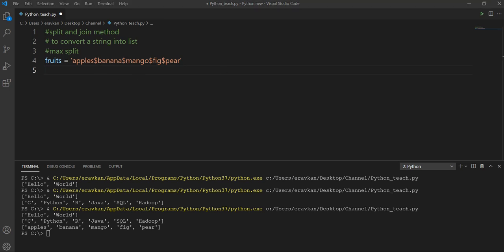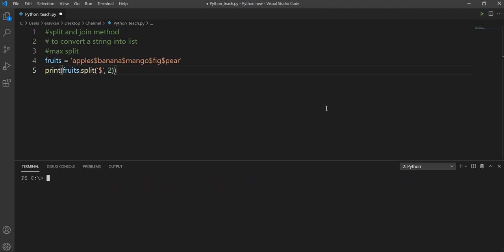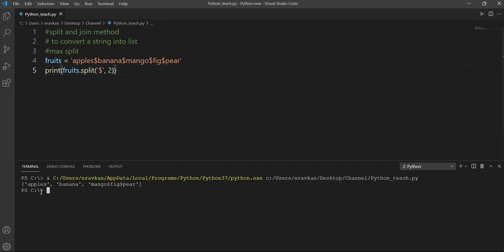I want to split this fruit string into a list, but splitting should happen two times. So this will be split, this will be split, but this will not be split. So the first element will be apple, then banana, and the remaining will be the third element. Okay, let me show you the output. Apple, banana. So splitting was done two times at most. This is the purpose of maxsplit.